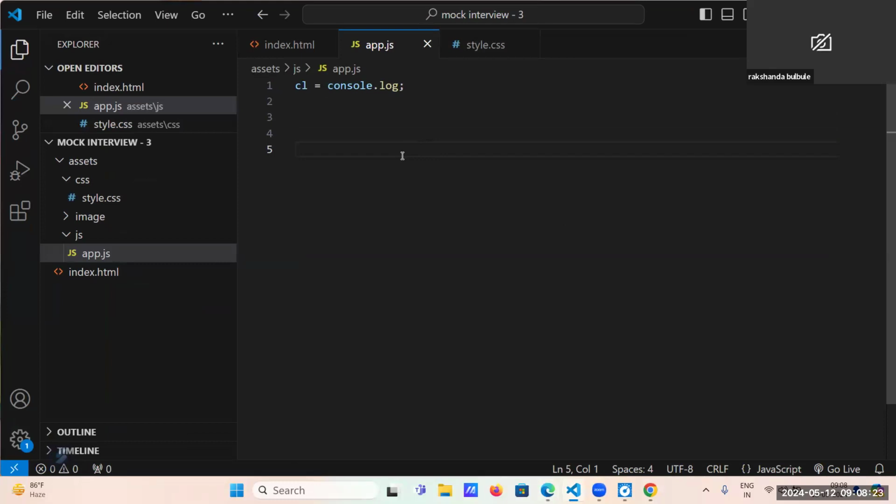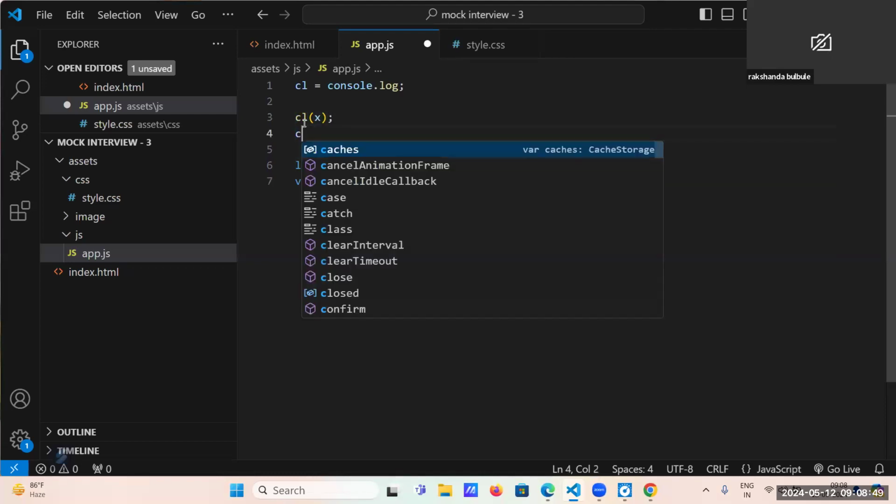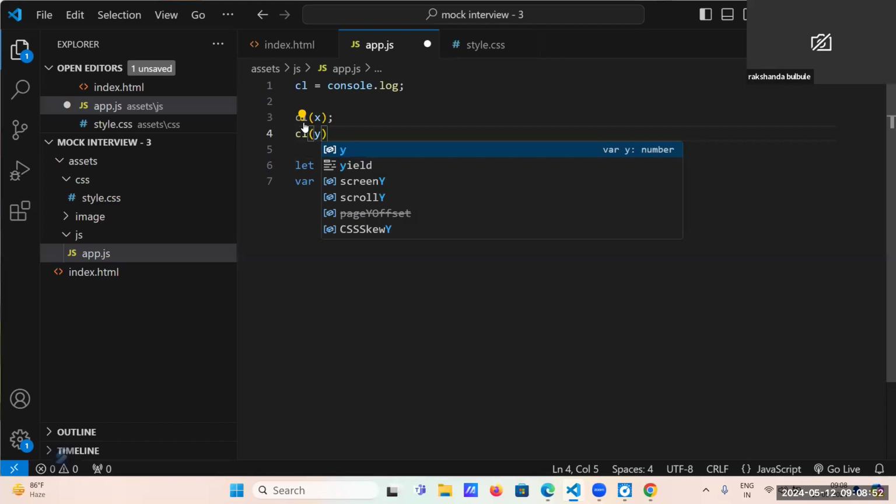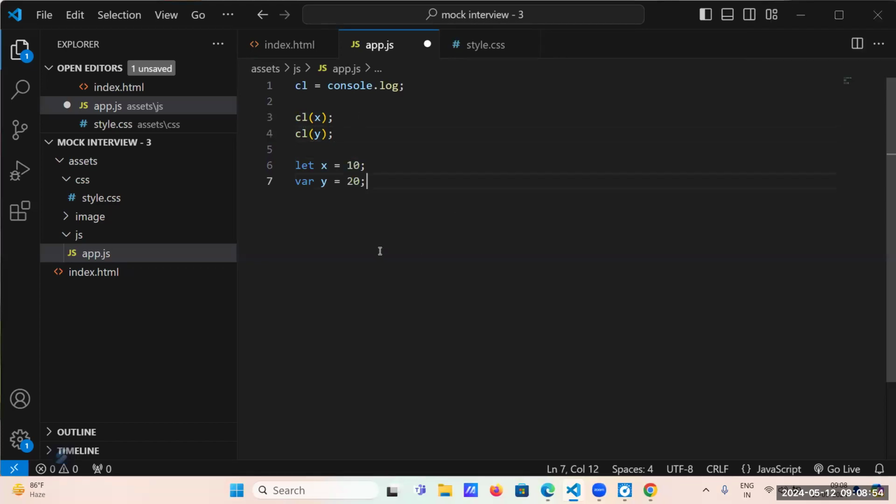Take two declarations. Let x is equal to 10. And in the next line, take var y is equal to 20. Now, console these two before the declaration. What will be the output at line number 3 and 4?